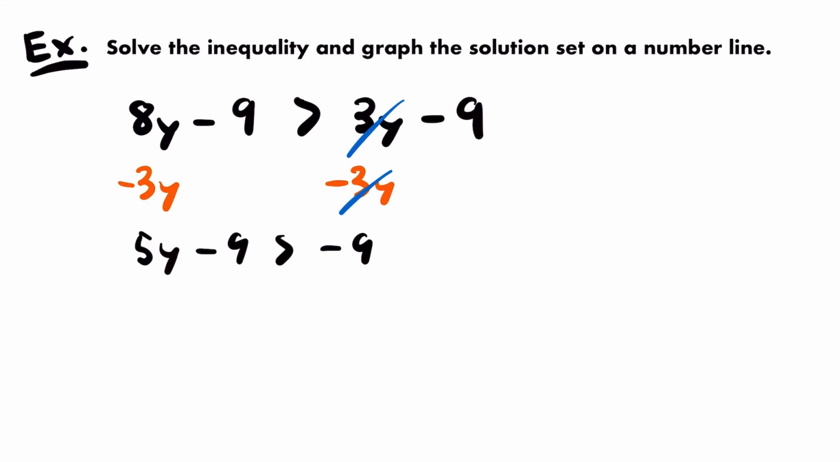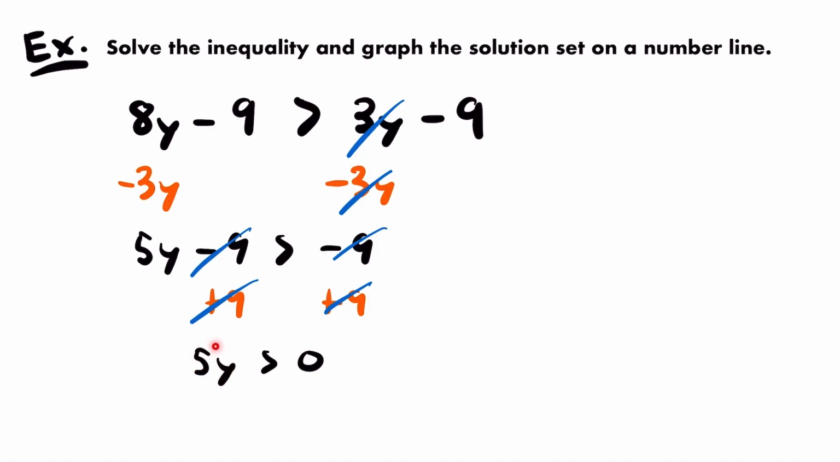We now just have one variable term, but we do want to get it by itself on this side of the inequality. And so let's get rid of this constant term of negative 9 by adding the opposite of it to both sides of the inequality. So I'll add 9 to both sides, and negative 9 plus 9 is equal to 0, so those cancel out. And the same thing will actually happen on this side of the inequality as well. Negative 9 plus 9 is 0. So what we're left with is 5y is greater than 0,